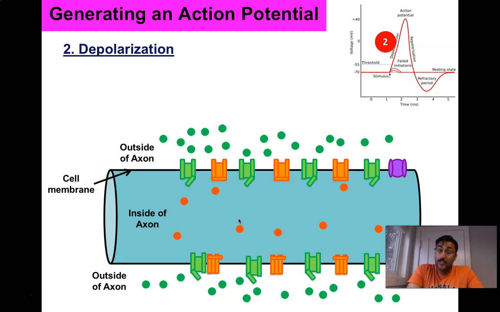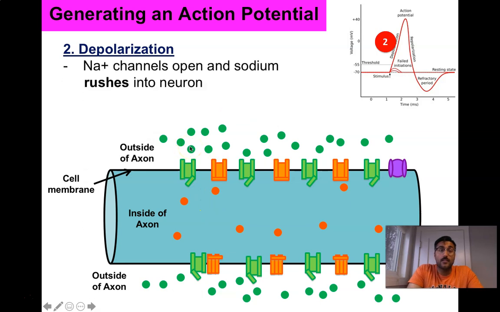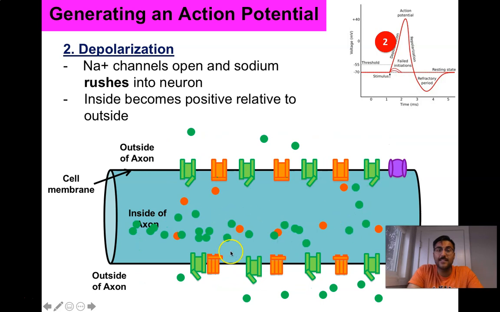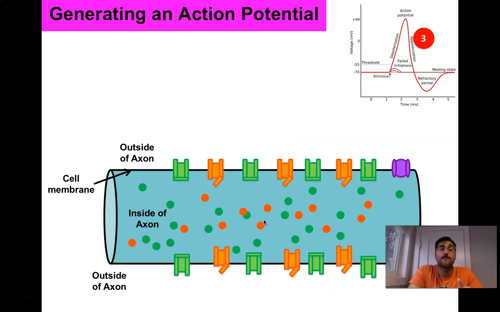When we have a depolarization event occur, so an action potential is being propagated through this length, you now have the sodium channels open and sodium rushes into the neuron. So the sodium channels, the green dots, are going to rush inside of the neuron, boom, and this is going to make the inside of our neuron significantly more positive. So now we get close to that negative 40, but not quite. We're maybe around, I don't know, close to that positive 40. So maybe right now we're at like positive 20. We haven't quite gotten positive enough yet. So to get more positive,